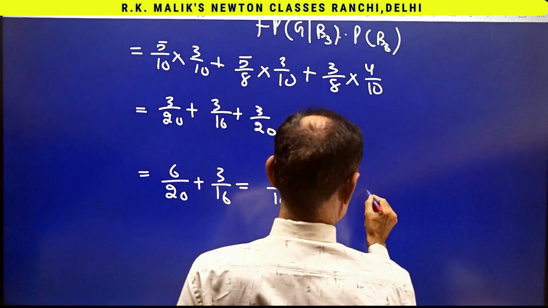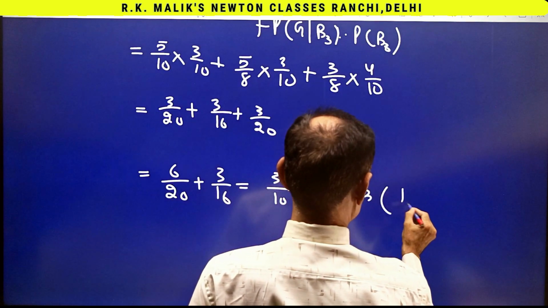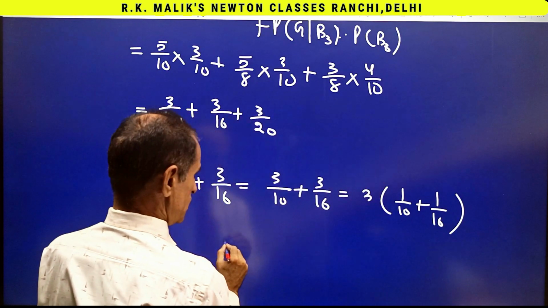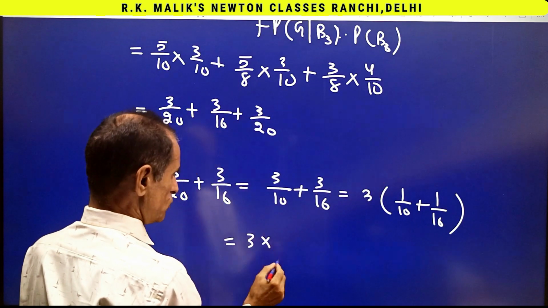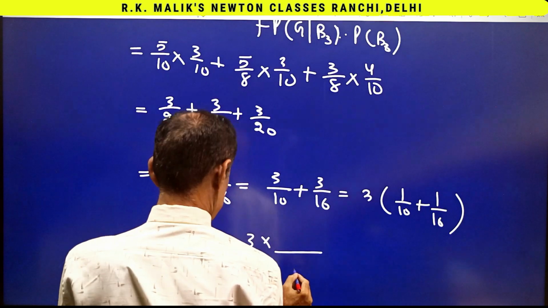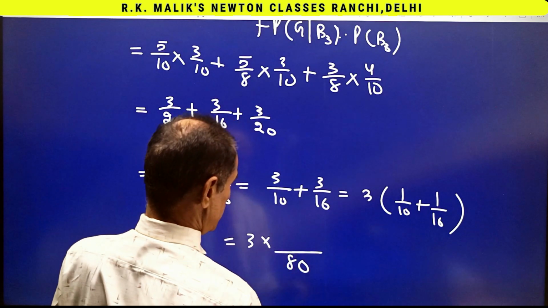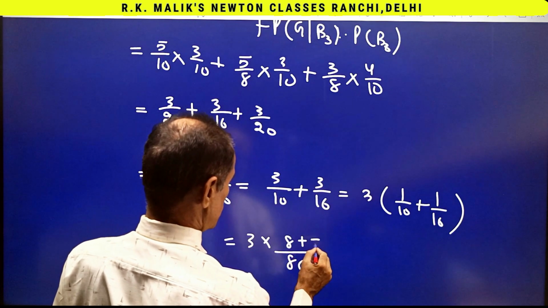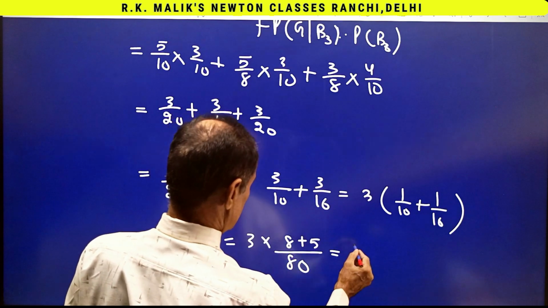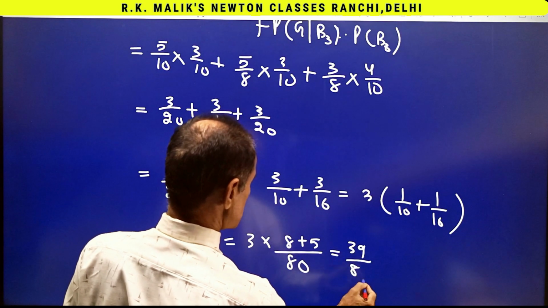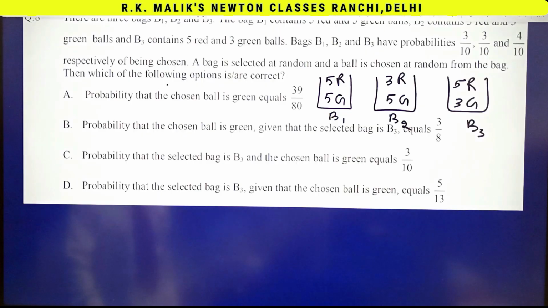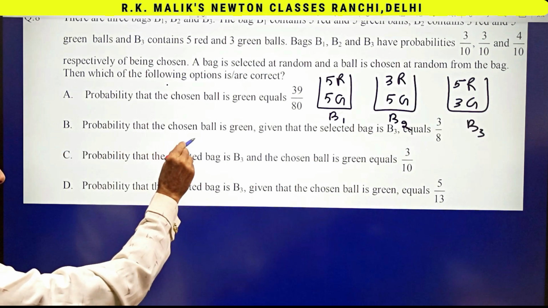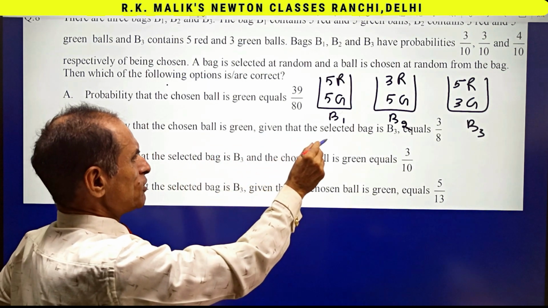This is equal to 3 into 1 by 10 plus 1 by 16, equal to 3 into 13 by 80, which is 39 by 80. And the next option is the probability that the chosen ball is green given that the selected bag is B3 is equal to